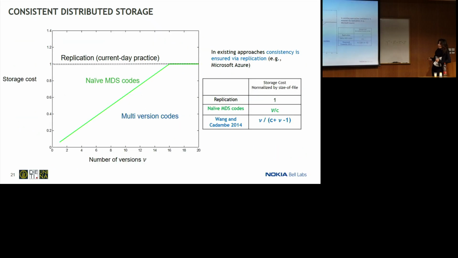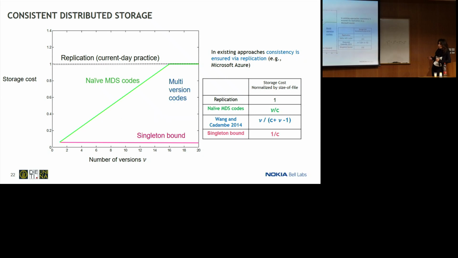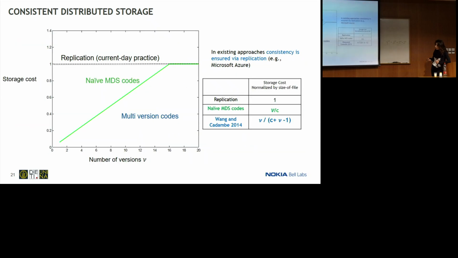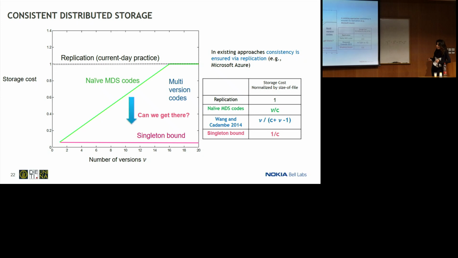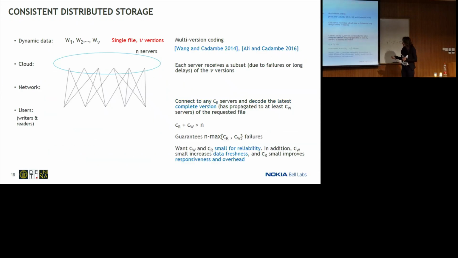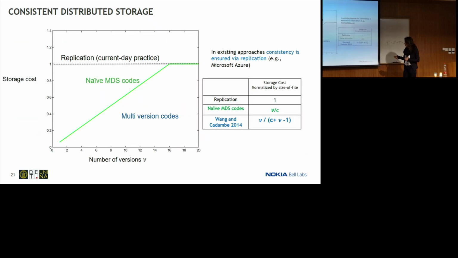So then if we plot now, changing slides, if we plot now the Wang and Kadambe plots in this figure, then the storage cost will essentially follow, for low Ni,